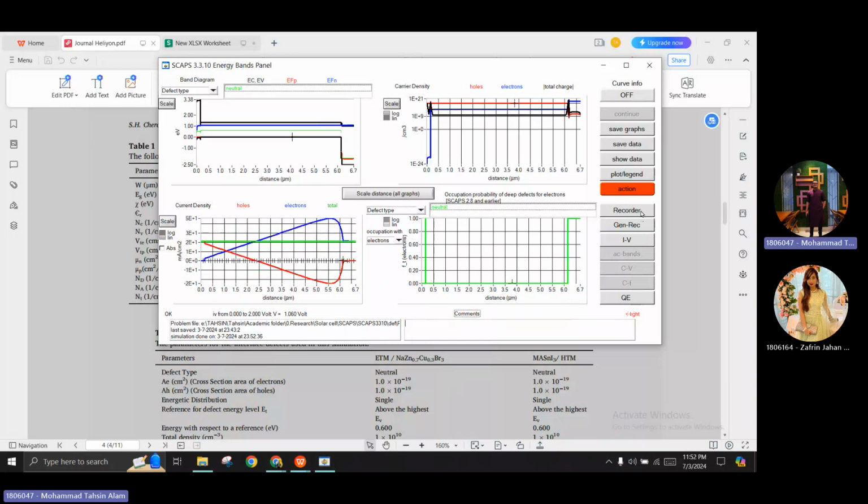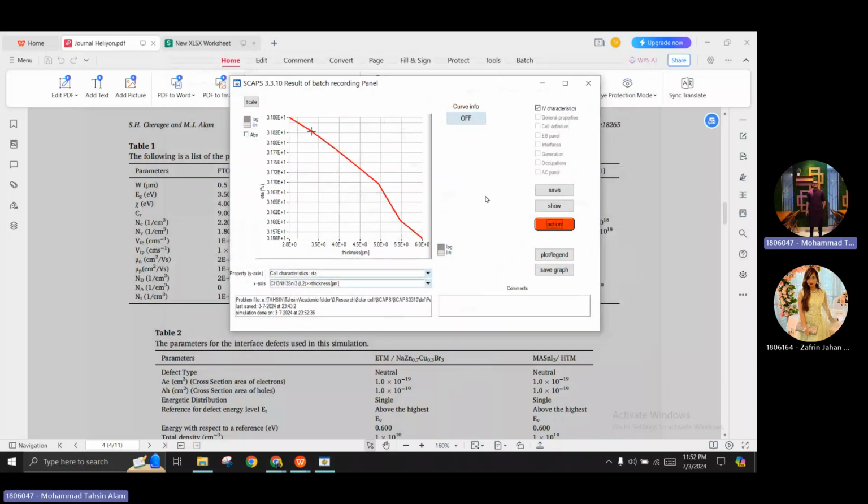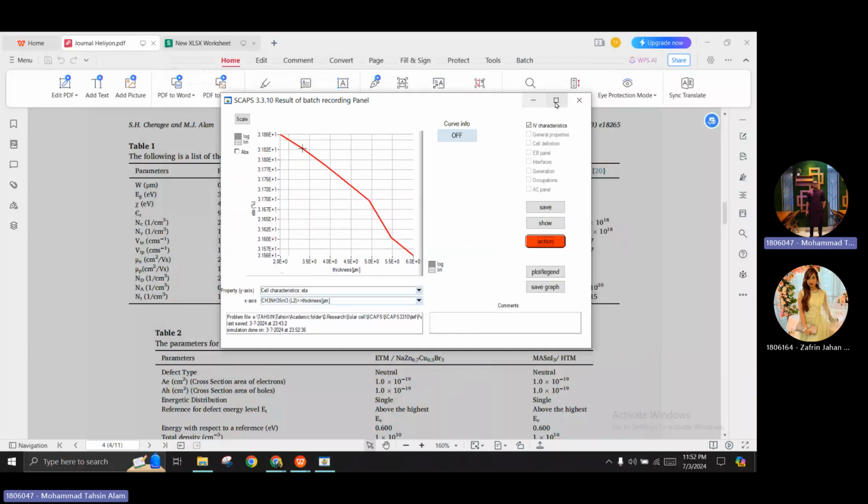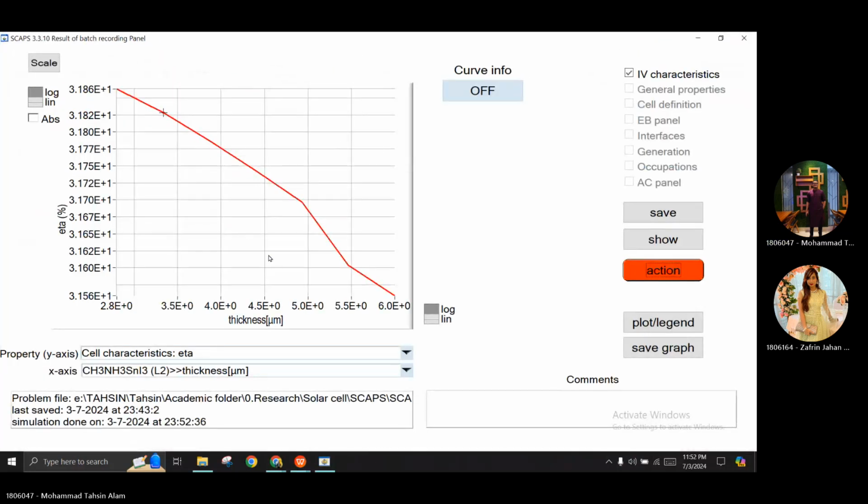It's completed now. Click on recorder. Now we can see that